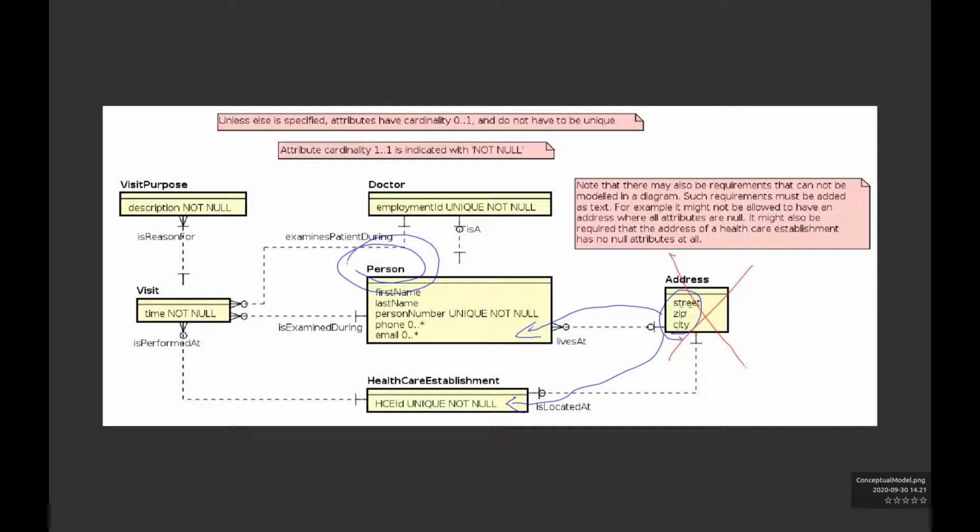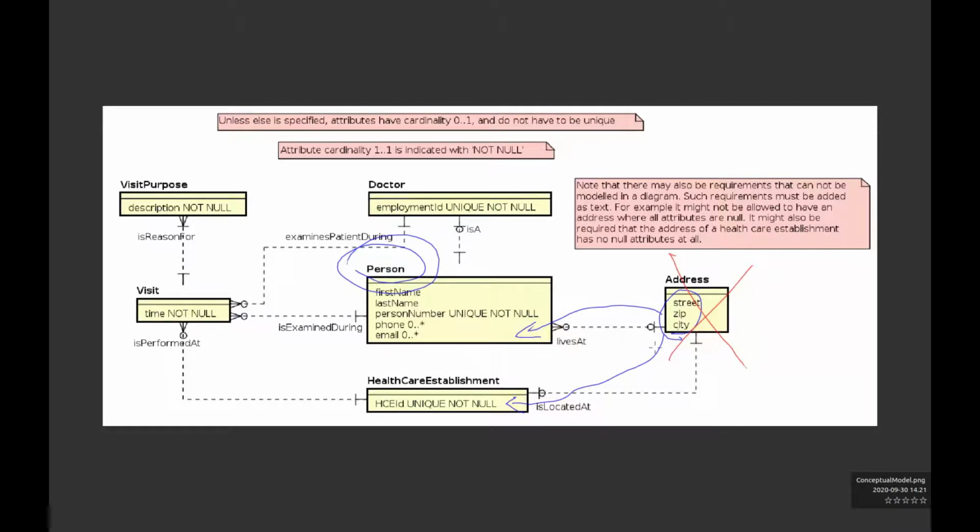A reasonable assumption is that we won't update the way an address is stored, at least not often. It will be extremely rare. An address has a street, zip, and city. We can reason backwards and forwards about this for some time, but let's decide that we delete the address entity in order to avoid the problem with dangling addresses and knowing if an address is associated with a person or a healthcare establishment. We would probably have to have 2 foreign keys in the address table, one for person and one for healthcare establishment, and one of those would always be null if we kept the address entity. We could do like that, but it seems more reasonable to